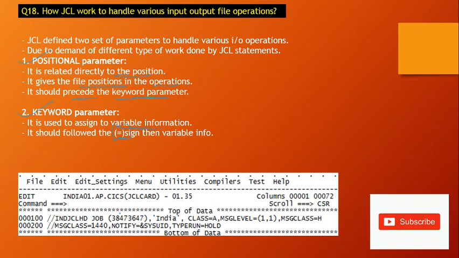Like we have this account number and this author name, we can call these positional parameters. But if we have an equal sign, then these are keyword parameters, like CLASS, MSGLEVEL, MSGCLASS, and TIME. Time equal to 1440, and NOTIFY, TYPRUN equal to HOLD. These are keyword parameters.